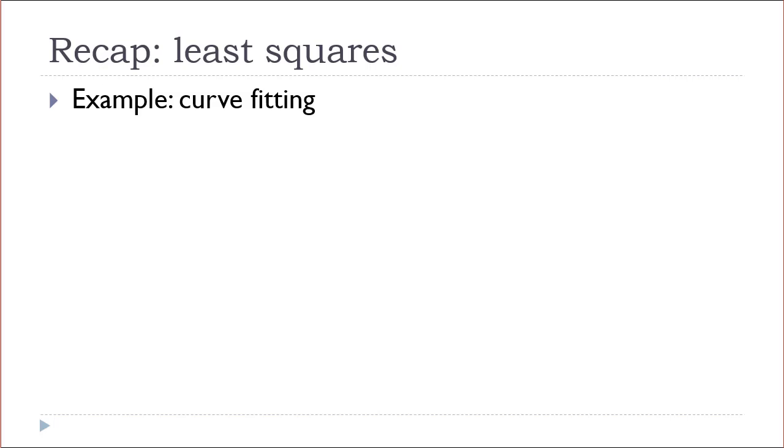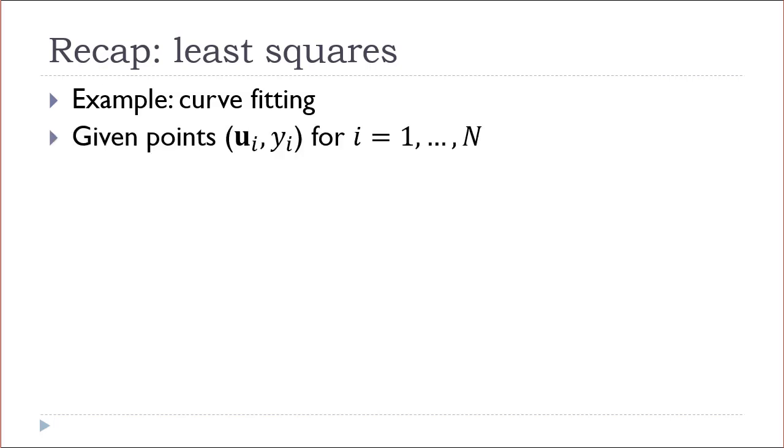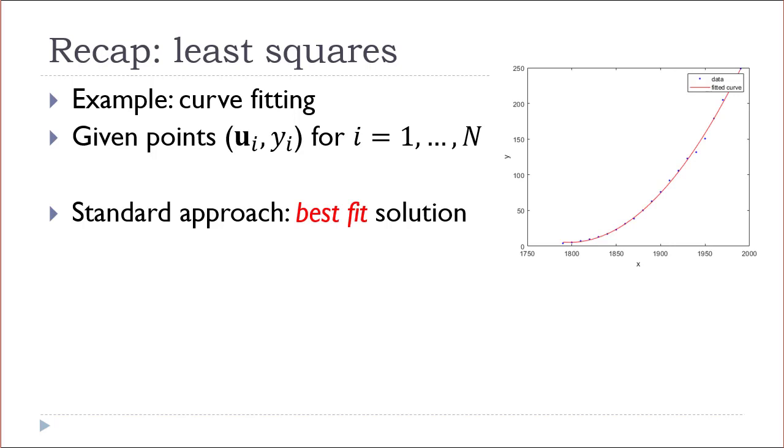Let us say that we are given some points ui, yi for i equal to 1 to n. And let's say that we want to find the curve that passes through these points. So if ui is one dimension, then the curve would be passing through ui, yi points in two dimensions. The standard approach for curve fitting is to find the best fit solution, that is the curve that best fits the given points. Mathematically, if this curve is described by a function f, then the goal is to find the function f that minimizes the mean squared error between yi and f of ui over all i between 1